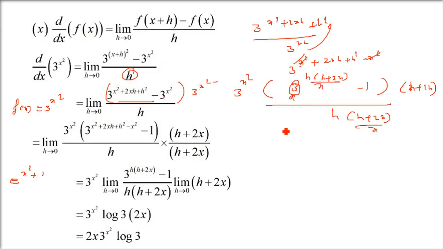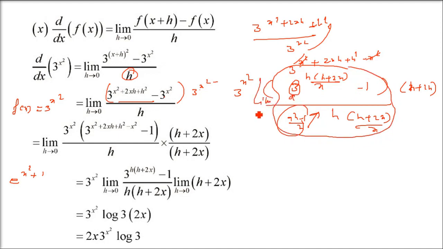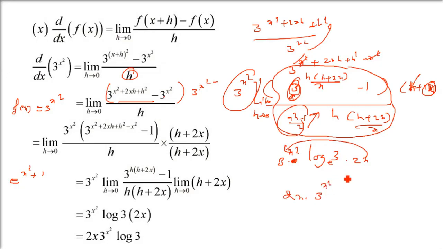just assume it to be a. So a raise x minus 1 by x. What will this be? If x tends to 0, this is going to be log a base e. This is going to be log 3. Now apply the limit. h tends to 0. 3 raise x square was already there. Now coming to the h plus 2x which we have included by ourselves. h is 0. So only 2x will remain. Now 2x you can bring to the front. This is 2x into 3 raised x square and log 3. This is the final answer.